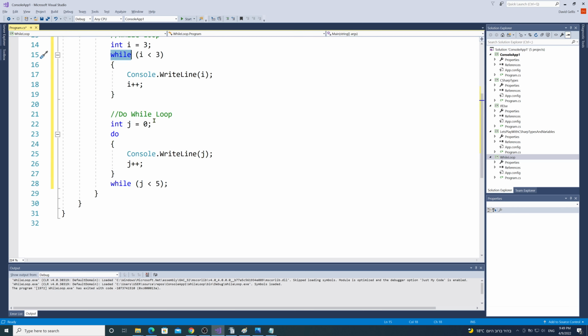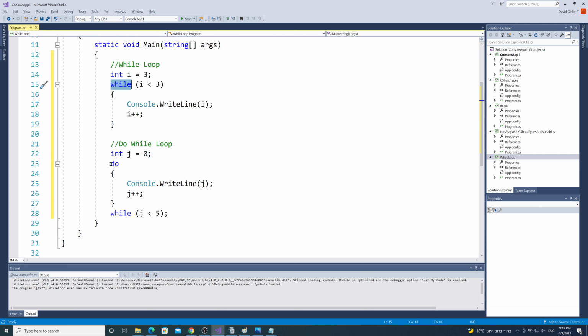Well, the difference is that here in the do while, this block of code will be executed at least once. No matter what, this code will be executed at least once. And then, only then, the condition will be evaluated, and if it returns true, then the code will be executed